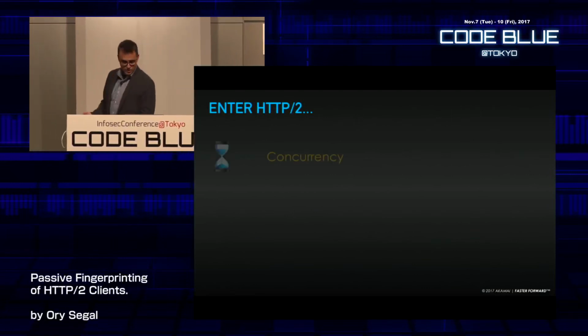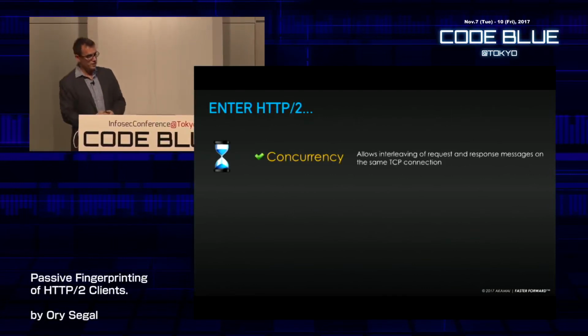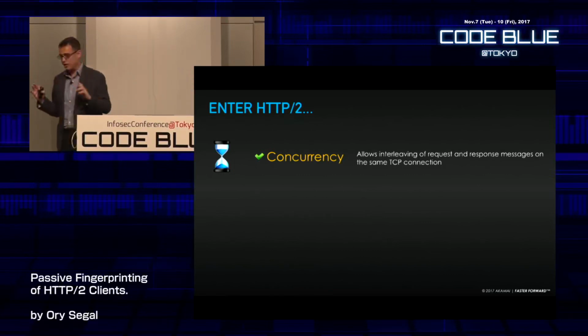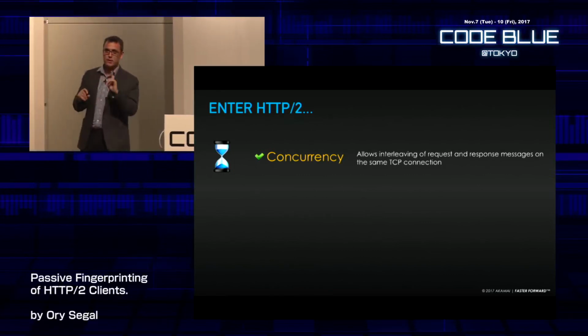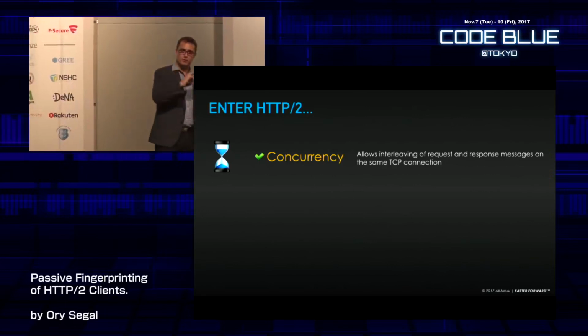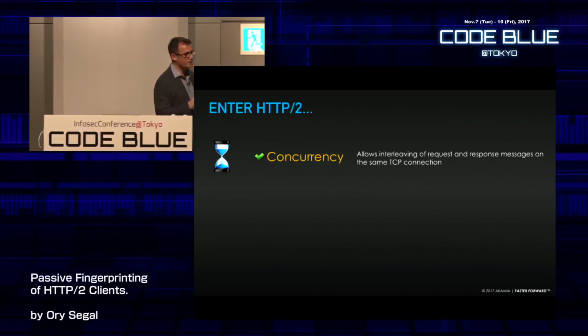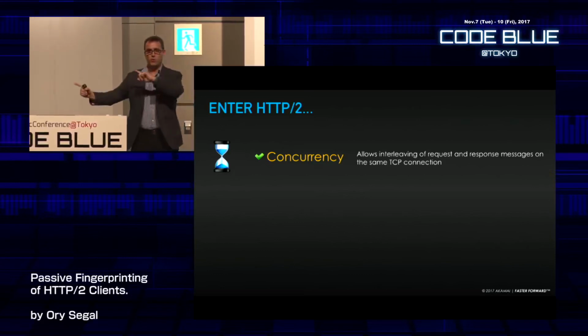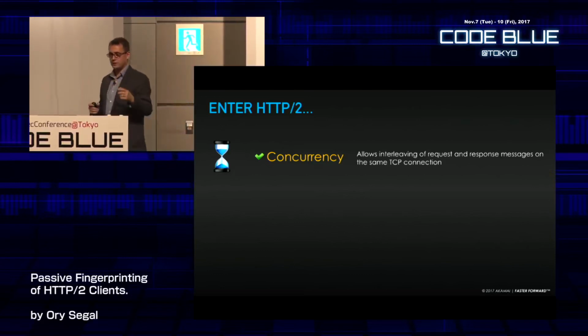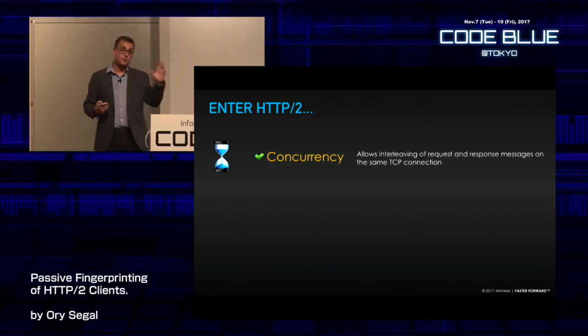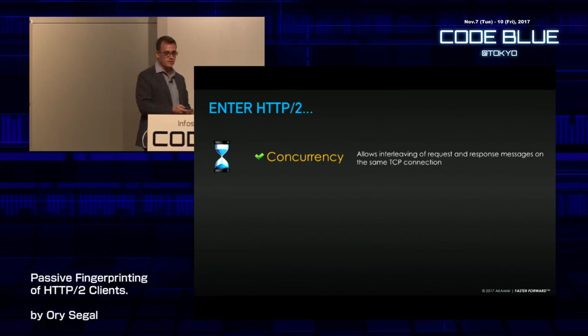So here we see HTTP/2. Now let's see the differences. Concurrency is handled in a different way. In HTTP/2, you only use one TCP connection. That's it. The browser is only allowed to open one TCP connection, one port. You remember, everything is very simple. And on that TCP connection, the browser is allowed to open what are called concurrent streams. We'll talk about the streams in a second. So everything is concurrent, or virtually concurrent, inside this single TCP connection.